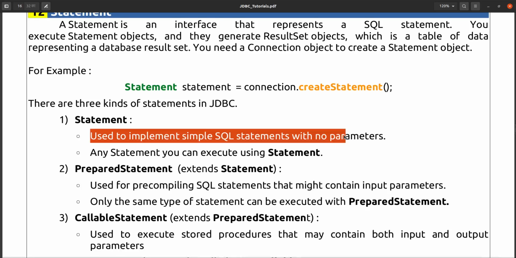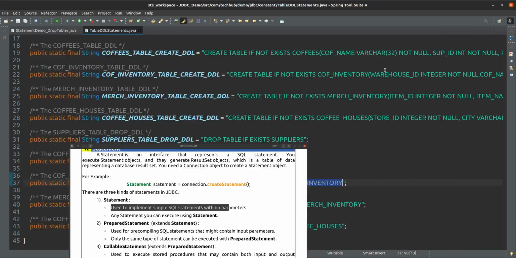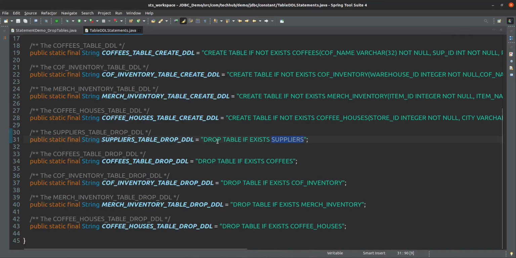If your statement does not have any parameter, or you don't want to give a parameter and just want to give a simple string, in that case you can use this statement. So in this one we are not giving any parameter.